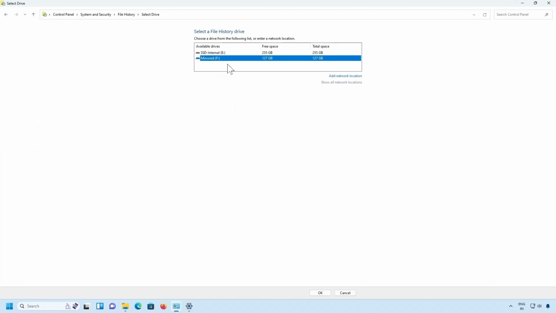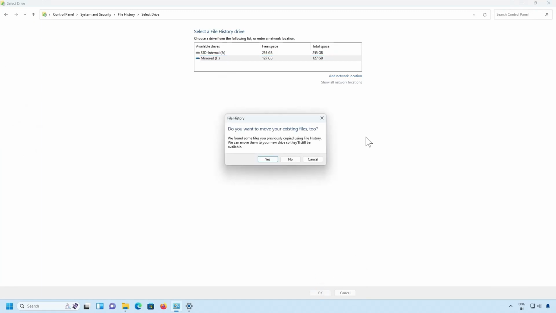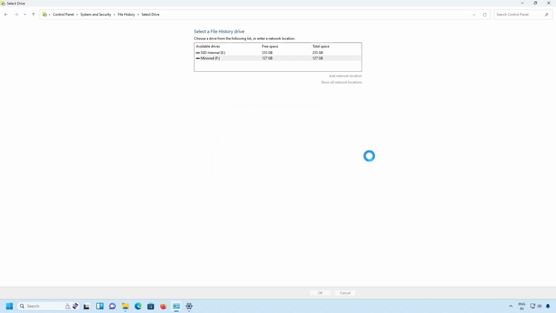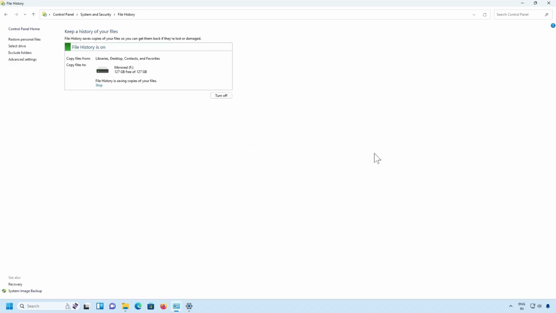I have selected F drive and click OK. Do you want to move your existing files too? No, I don't want to move. This is the first time I am taking the backup, so I'll click on no. So let me start fresh, and if you wanted to run the backup for your files, you can run now. It has already taken the copy